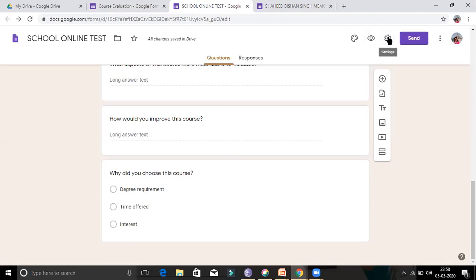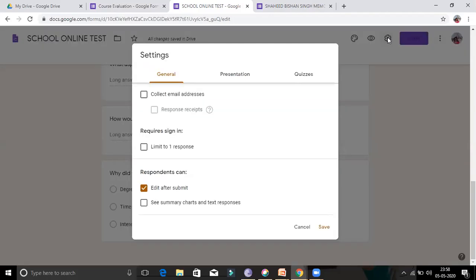So now you have to go to settings. These are the settings options in your top right corner. Go to settings. See here, collect email. You can collect an email; you have to tick here. Otherwise, no need to collect. If you wish to send a reply to that email, click here. And